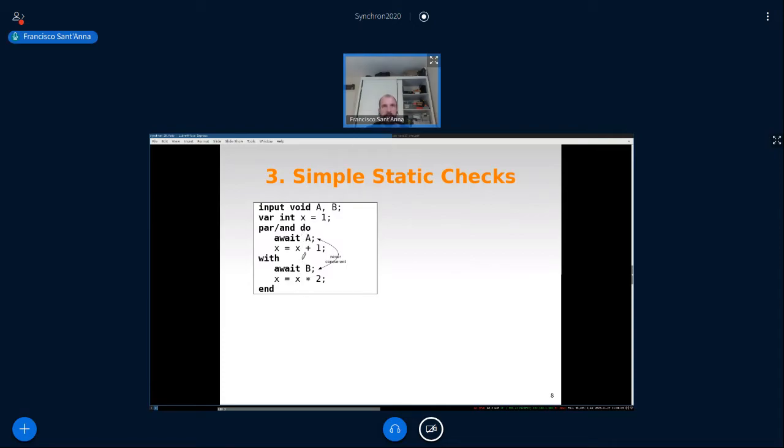This is the definition of timing in Céu. They cannot occur at the same time. So these accesses are safe. By safe, I mean that I can flip the order of these statements and the semantics would still be the